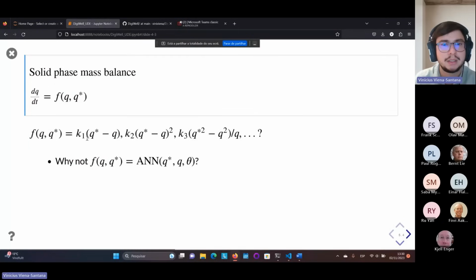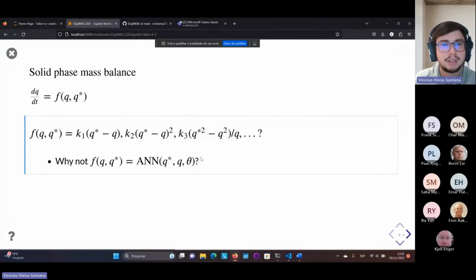So people came up with several types of functions to describe the adsorption kinetics. For instance, people came up with what we call the linear driving force. If you know Newton's law of cooling, you can recognize the similarity between this expression and Newton's law of cooling. In fact, this Q star variable is the equilibrium concentration, which, in a similar way to Newton's law, would be the environment temperature. But in adsorption, we have no limitation to put a square here, or we can come up with very complicated expressions to understand the uptake kinetics.